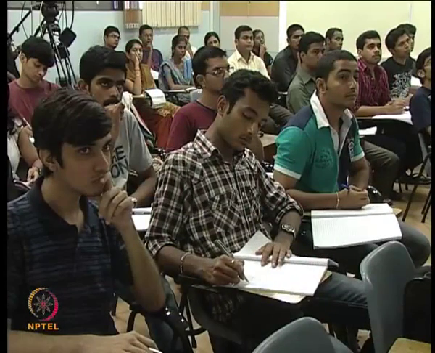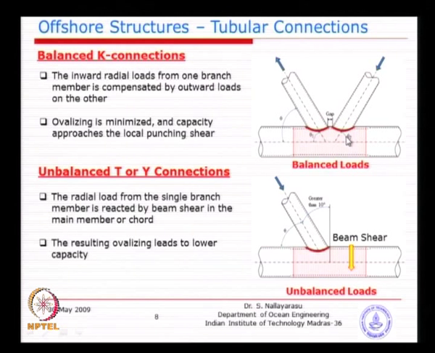Now, what is called a K junction or K connection is basically defined by a balancing of loads. For any joint to be in equilibrium like this, you have two members, one member having a tensile load and the other member a compression load, then it is called a balanced K junction. If whatever load comes here is taken by the other brace, and the angle of this and the angle of this are the same, then there is no load applied on the chord across the section. So, there is no shear load, because the member load coming in goes out. That means it is balanced.